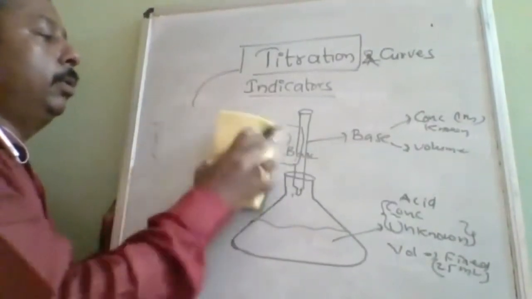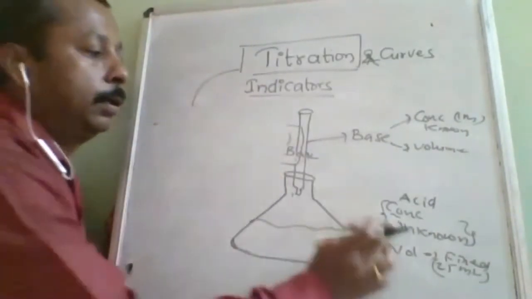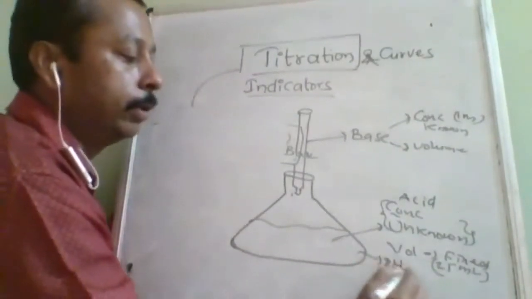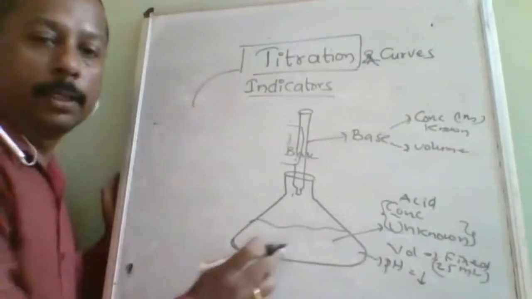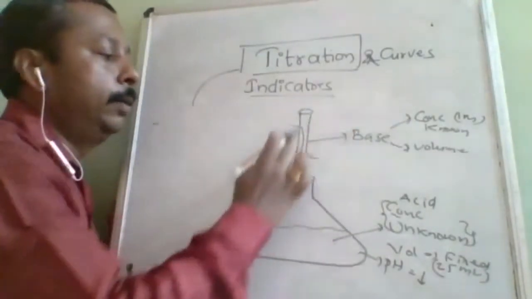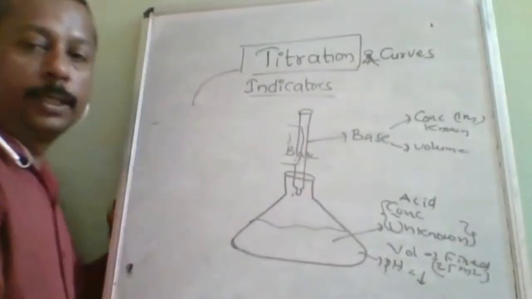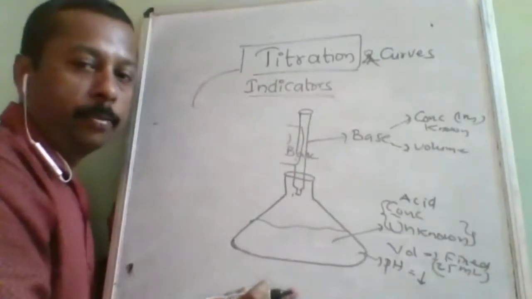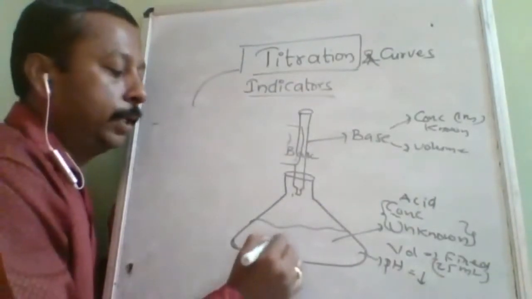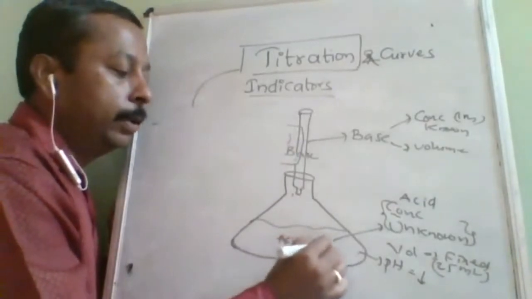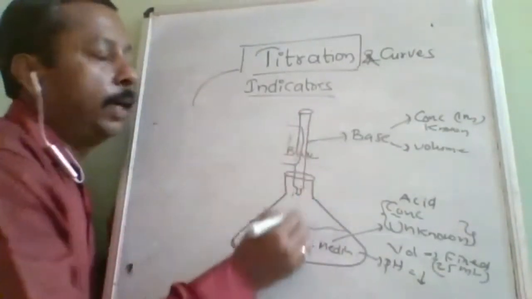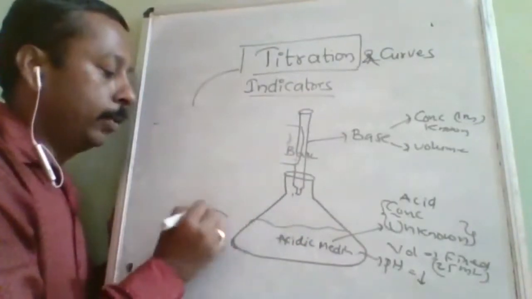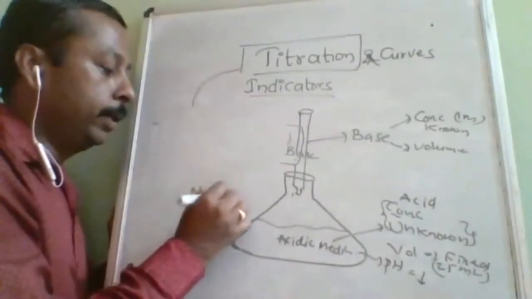Okay, now before the reaction, if we calculate its pH, it will be low because it is acid only. Now when you keep on adding the base, its pH will increase and become constant at some neutralization point. So before that it is an acidic medium. If you keep on adding base, at one point of time this is going to be a neutral medium.